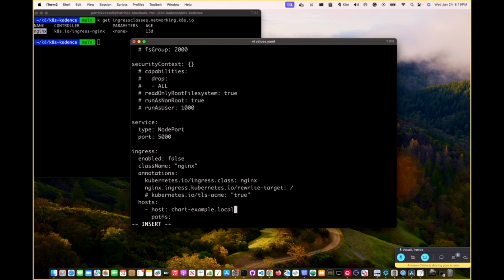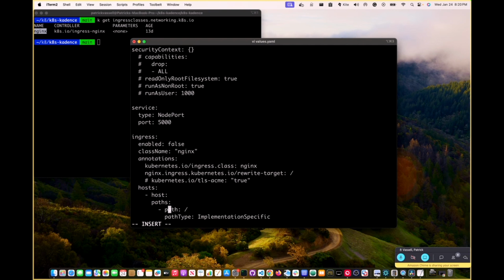So moving over to the hosts. And again, if you guys have any questions, let me know, or if I'm moving too fast, feel free to chime in. So I'm going to leave hosts blank, right? And then as far as paths,